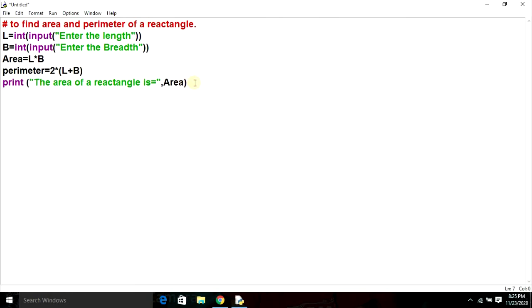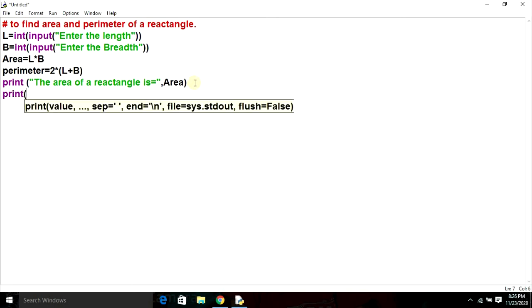Now what we want? The perimeter. Print the perimeter of a rectangle is equal to, comma.